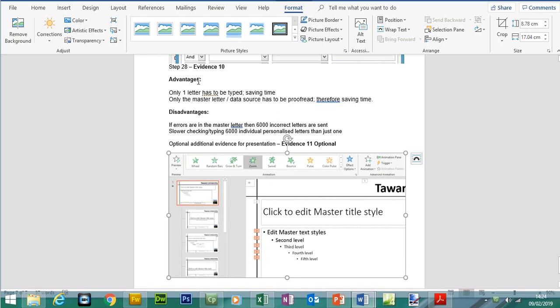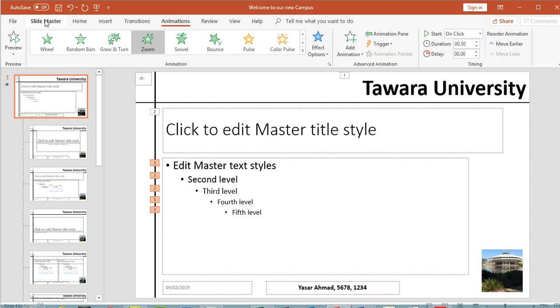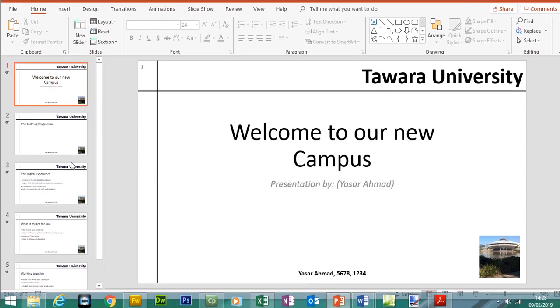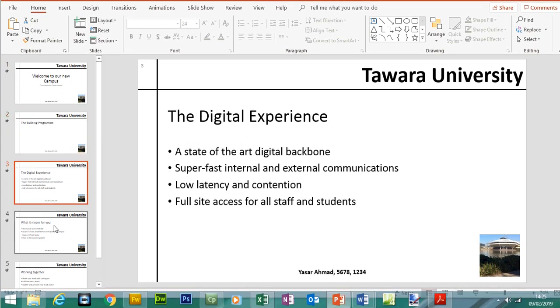And here there's evidence that we've included animation. Right, so that's that part done. So if I close the slide master, you'll see all of these features have now been applied to every slide. Okay, so